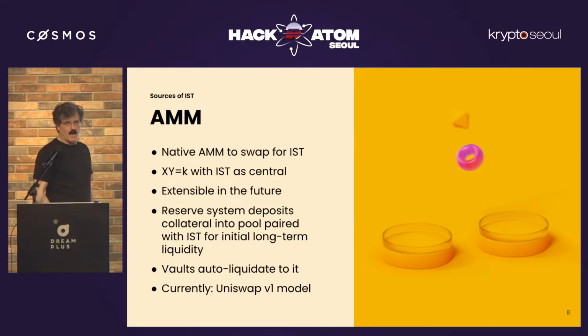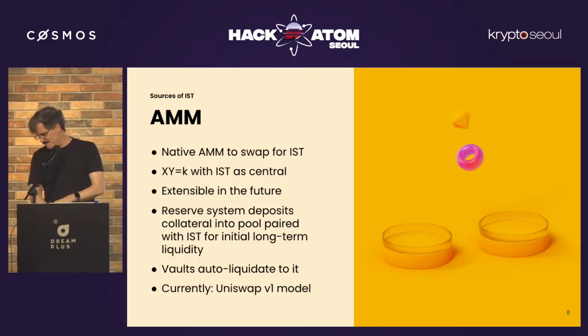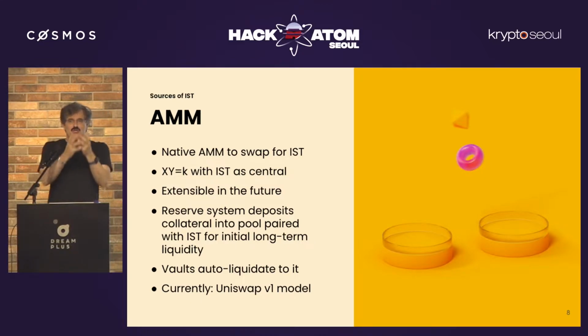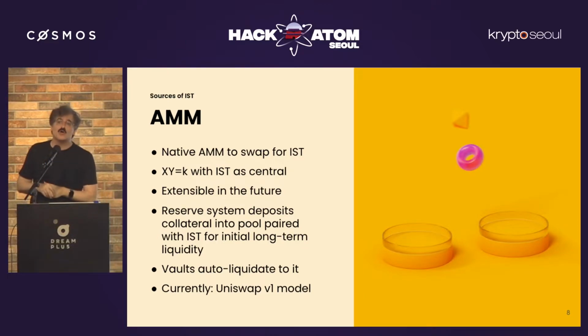Okay. So another crucial contract in here is an AMM. This includes a fairly simple AMM, a Uniswap V1 style, where it's every asset against a base token type, and the base token here is IST. The role of this AMM is not to compete with Osmosis or try to grab market share. The role of this AMM is to be where a bunch of liquidity exists for liquidations of the vaults, right? Now, it will also be useful and valuable for the local economy once there's a local economy growing on the